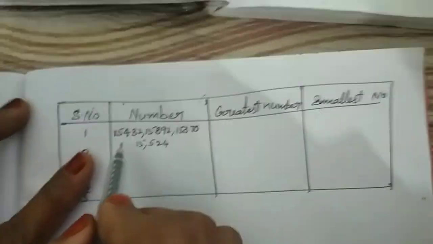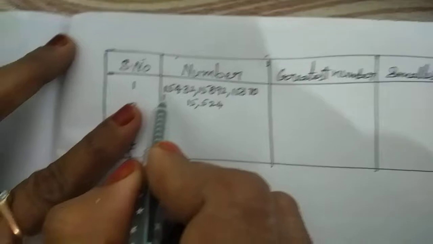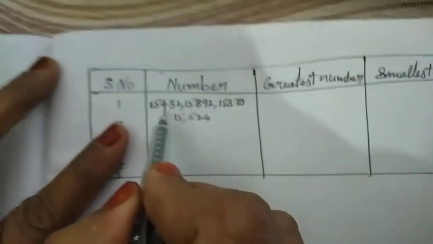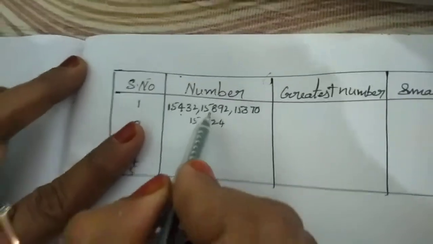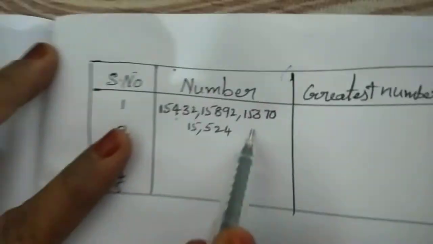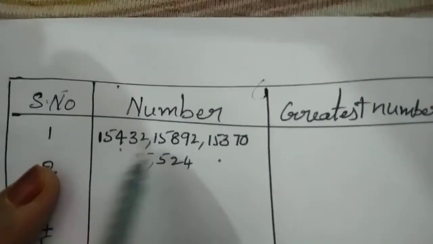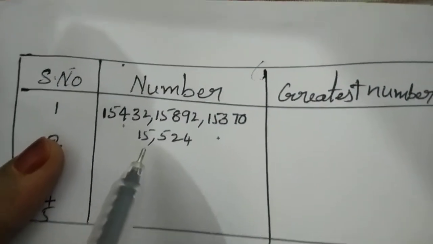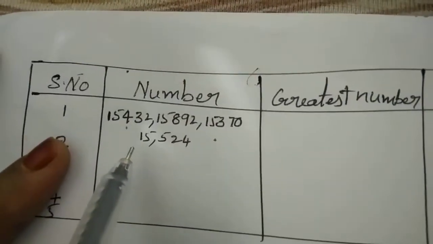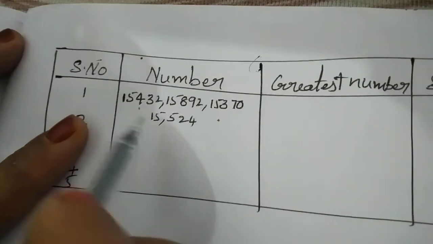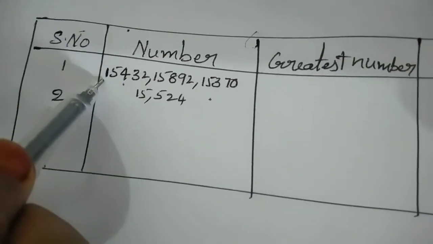You are looking here. This is the first problem. Come on, count how many digits are there. It is having 5 digits. Come on, look at here. It is also having 5 digits. And it is also having 5 digits. All are having 5 digits. So you can't identify correctly which is the small and which is the big. Now I will show you that clearly.